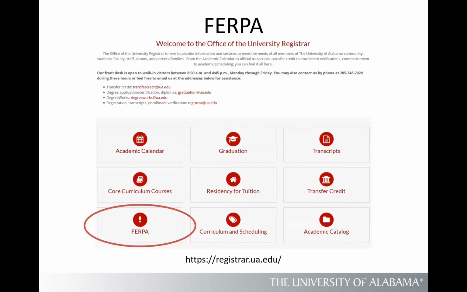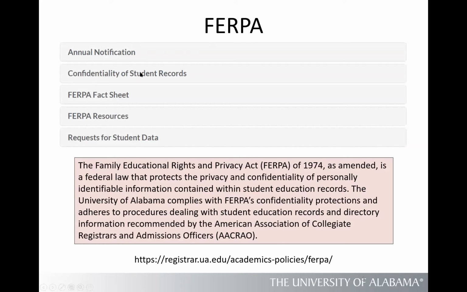So we'll move on to FERPA. You can reach FERPA pretty much the same way as the calendar: registrar.ua.edu, and click on the FERPA icon here, and it'll load up this page with the gray bars. I added this pink box, that won't be on there, but the gray bars or boxes will be. I'm not going to go over each one of these today, but each one covers a different area in regard to UA policy and FERPA.